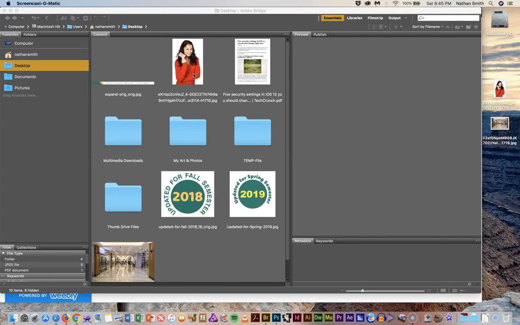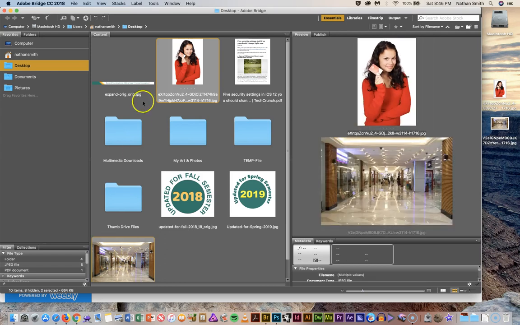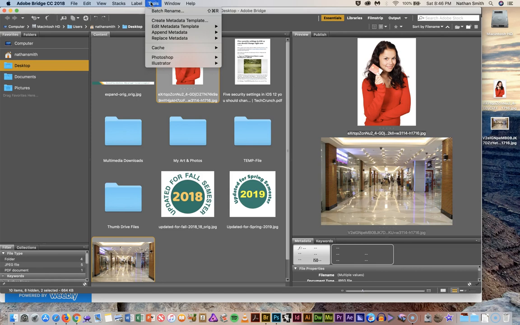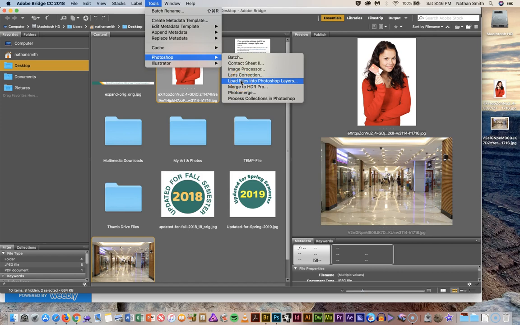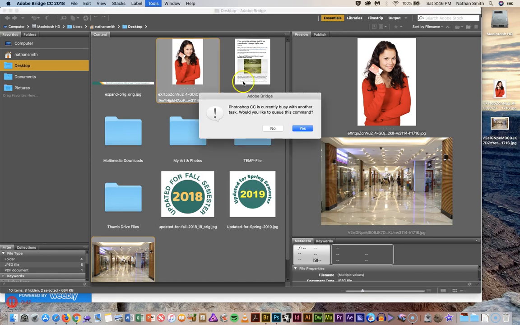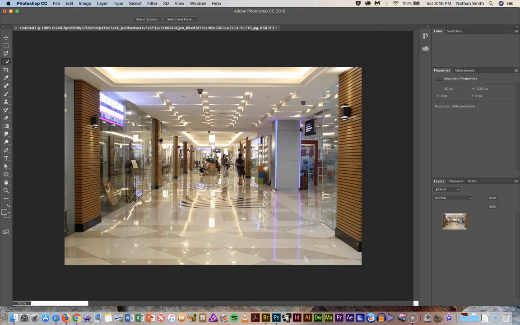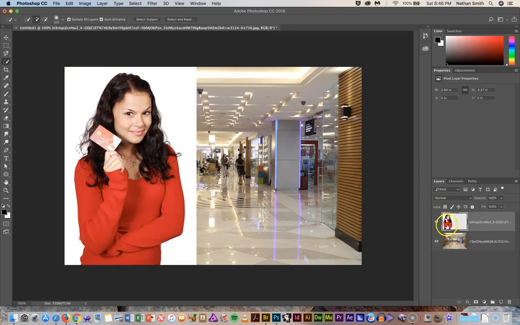Let's do that. I'm going to click on her to select that image, and then I'm going to hold my Command key on a Mac or Control key on a PC and click here. We'll go up into the Tools menu in Adobe Bridge and Photoshop, and then load files into Photoshop Layers. That will bring up both of those documents as layers in a single